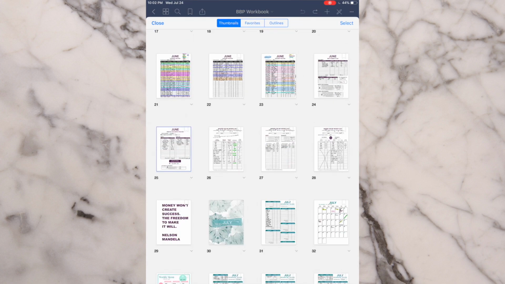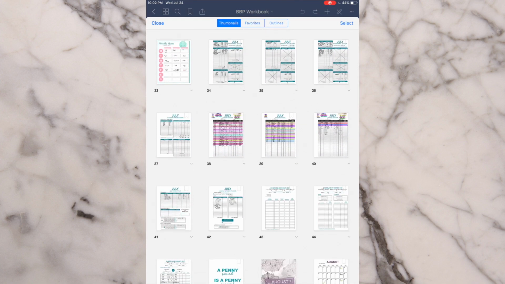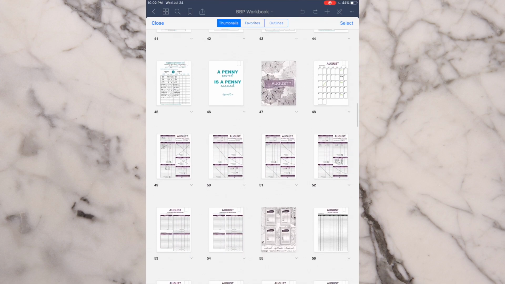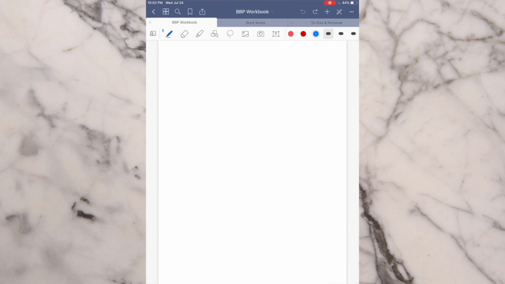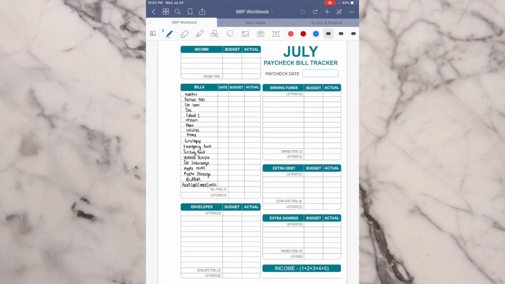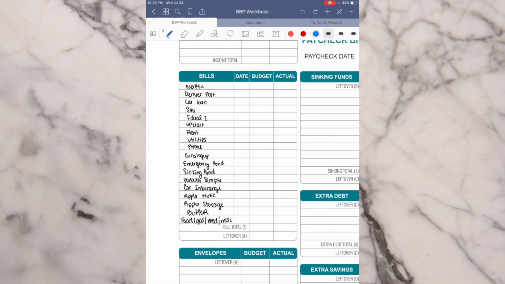So let's look for my budget. I'm actually reworking my budget right now because a lot of things have changed lately, and I wanted to make sure that I had everything that my money actually goes to down here. So basically what I did here is I wrote every single thing that comes out of my account. So I went through my account and I added all the things.